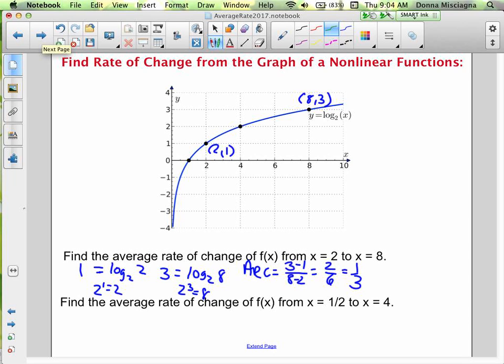All right, so average rate of change. Log base 2 of 1/2: what would I have to raise 2 to to get 1/2? Negative 1. Right, 2 to the negative 1 is 1/2. And then log base 2 of 4 would equal 2, because 2 squared is 4. All right, so our points here are going to be (1/2, -1)